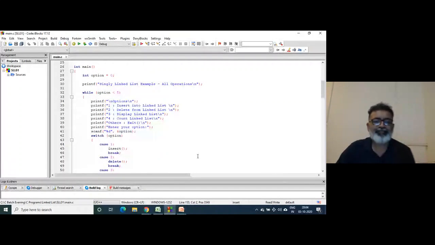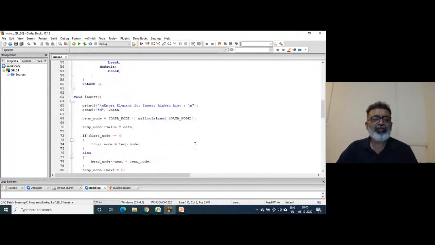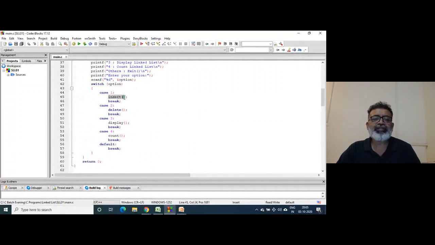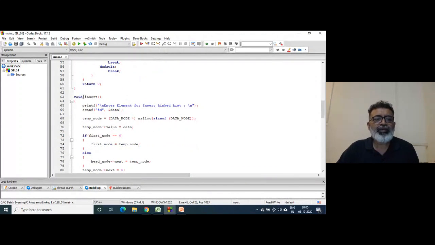Now you can see an interesting part of the insert. Insert has been called through the switch case block, where the user chooses the option. Inside the function, I am calling the malloc function with sizeof data node. What is data node?